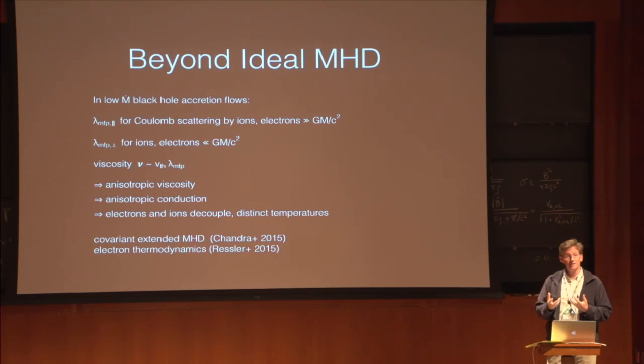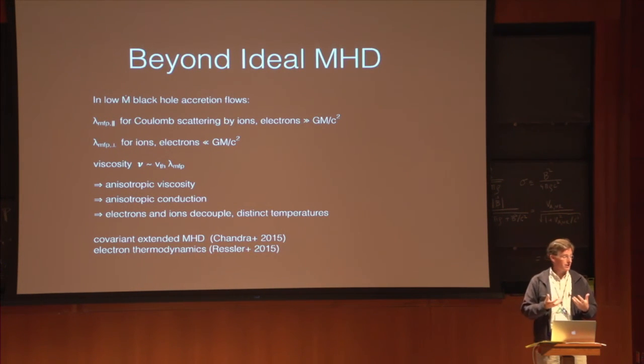And finally, because the Coulomb scattering is so inefficient, it's possible to decouple the electrons and the ions. So first of all, it's possible they have non-thermal distribution functions in each component, but the amount of energy in each of those components may be distinct. They may have different temperatures. Okay, so